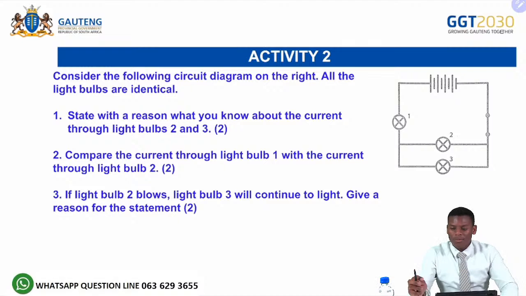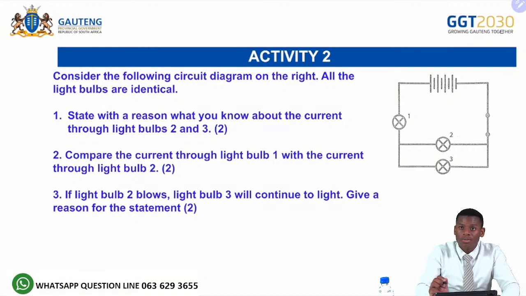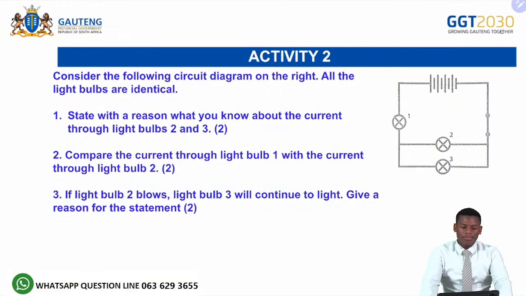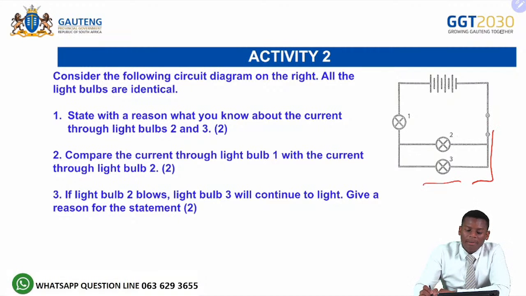This is our activity that we should solve together. It's written activity 2, because you are going to do 2 activities in this lesson and we are working from up to the bottom. So activity 2. It says, consider the following circuit diagram. On the right, all the bulbs are identical. So this is bulb 1, this is bulb 2, and then this is bulb 3. What is identical? It means all the bulbs are the same. Number 1, it says, state with a reason what do you know about the current through